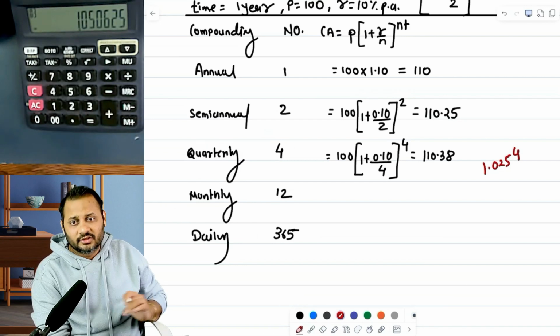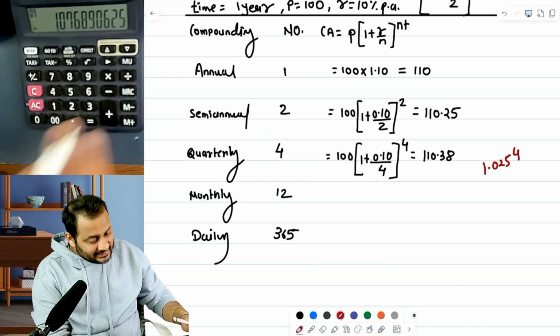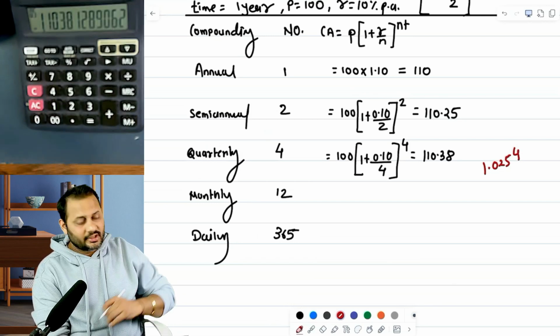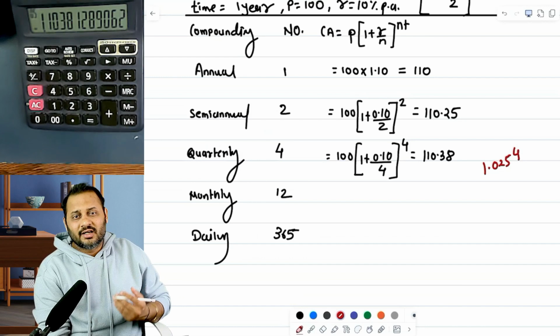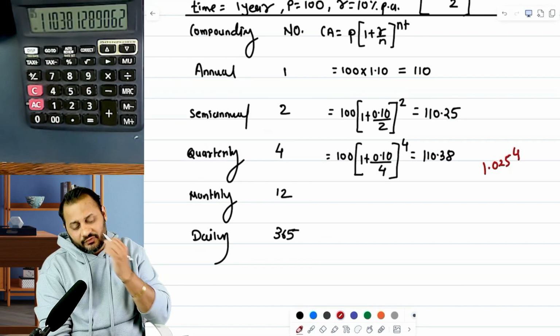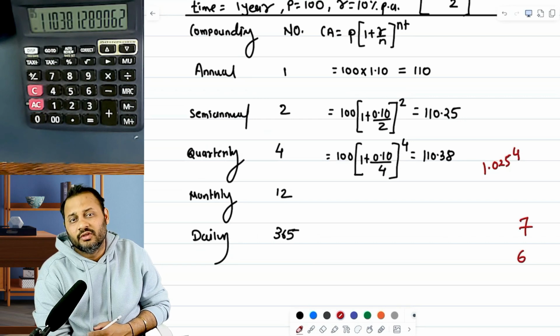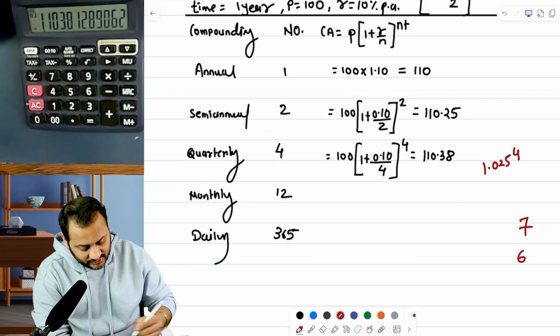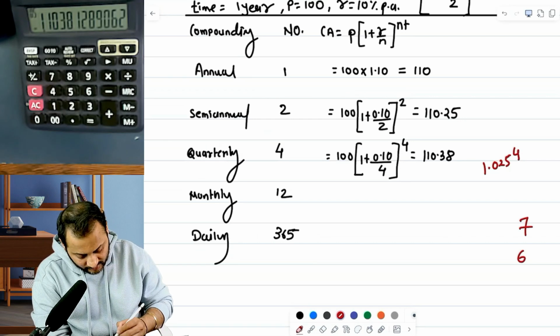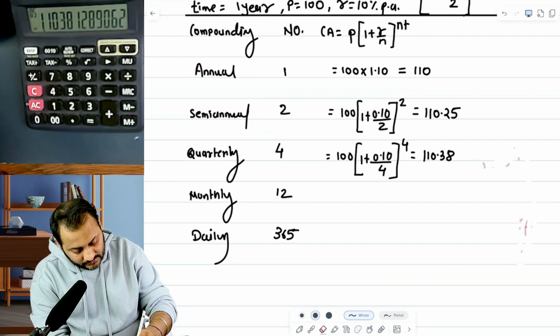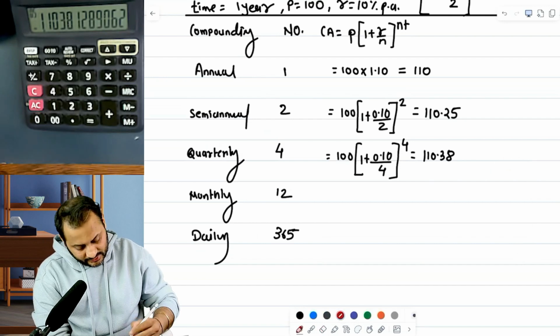This is second time, this is third time, and this is fourth time. So always start with the second figure. If it is for 7 times, you have to press the equals to button for 6 times only, because first is the only, first though you have already written on the calculator. Okay, 110.38. Now